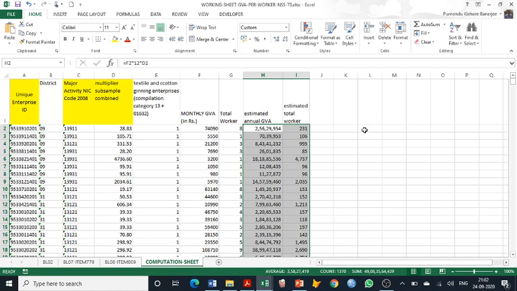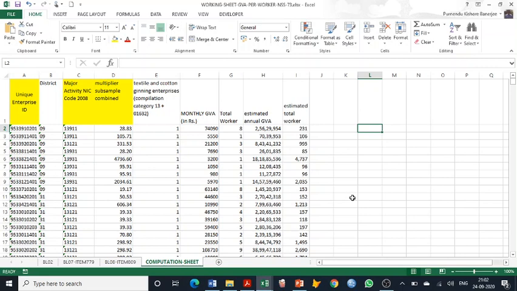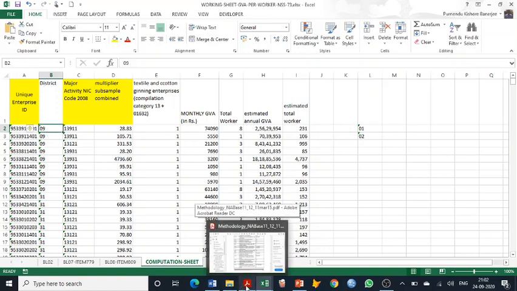Now let us see how we will find the district wise estimated value added per worker. For that we will require all the district codes at one place. For Tamil Nadu, let us see what the district codes are.